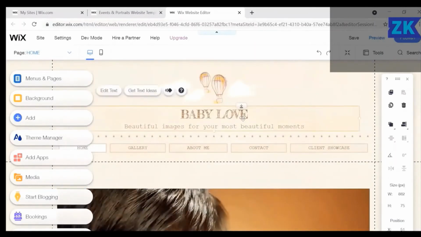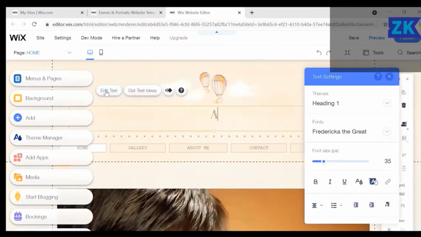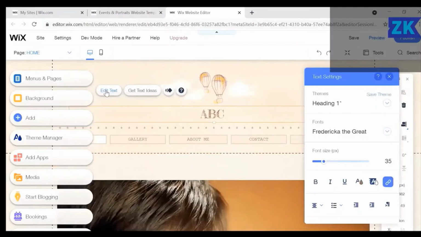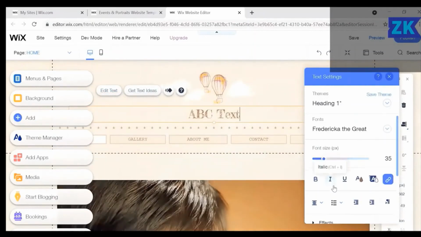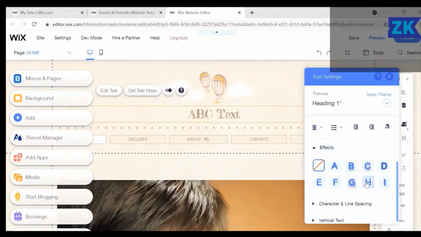And let's say if I want to edit the text, and if I want to add an effect,